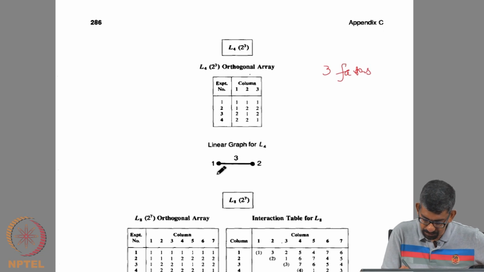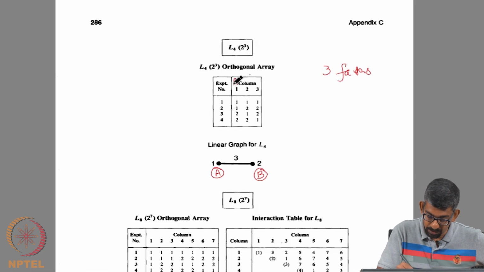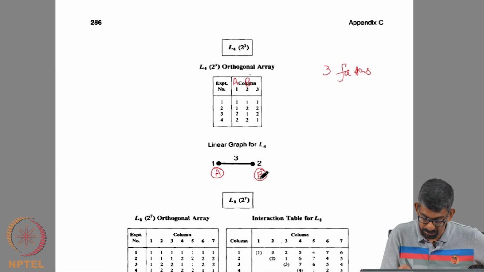So, I could say A, B. If I say A goes to column 1, B goes to column 2, that is what I have written here. Okay. Then column 3 should be A cross B.